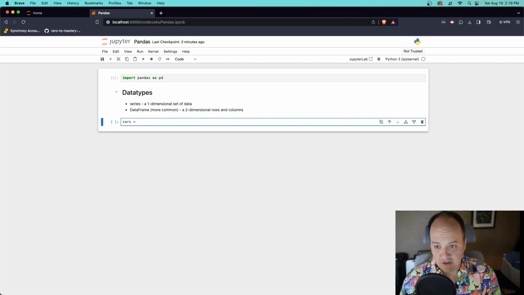To make a new series, we use the pandas library. Remember, we don't have to type pandas now. We can just type pd and the capital word Series. And then we open up parentheses, and we are going to pass it a list in brackets. So in this case, we could write Toyota, Honda, Toyota. Actually, sorry, I should close my parentheses, put a comma,